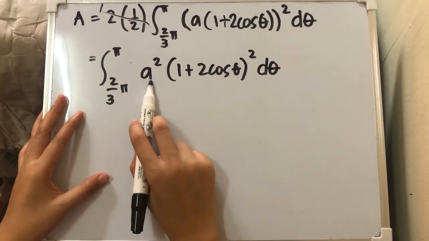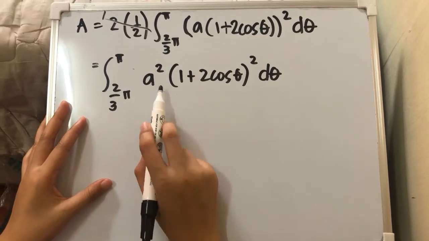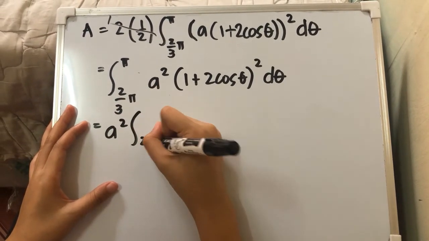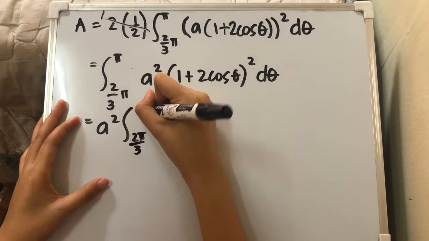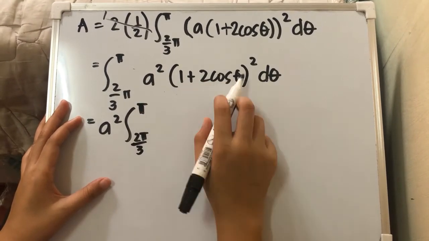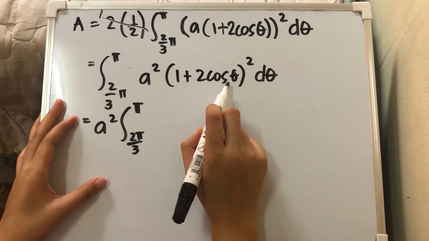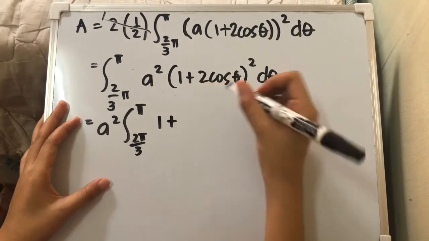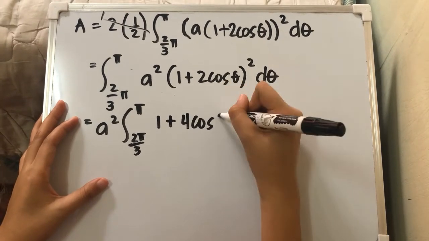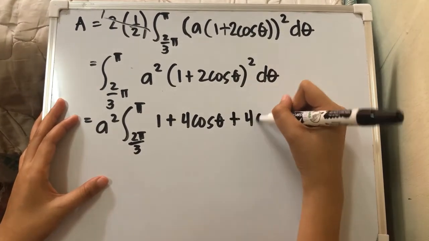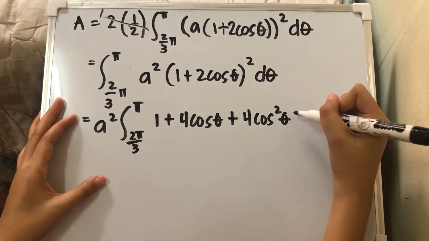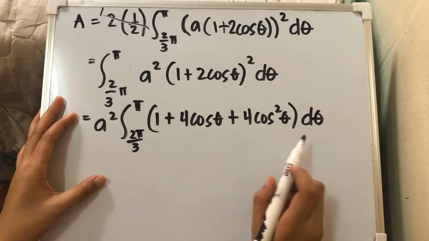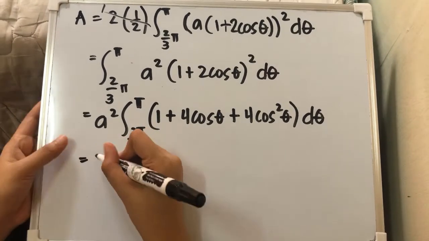So for this one, a squared is constant, so we can move that outside our integral symbol. So we have a squared integral from 2/3 pi to pi. And then for this one, since this is a square of a binomial, we need to expand this one. So we have 1 plus 4 cos theta plus 4 cos squared theta, then we have the d theta. Now we can already integrate this separately. So we have a squared